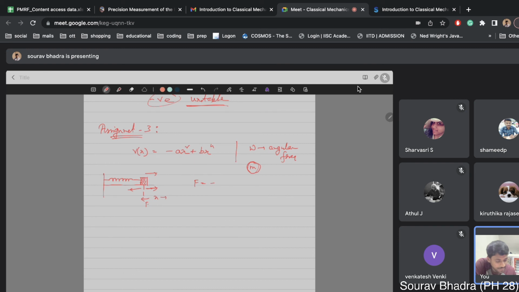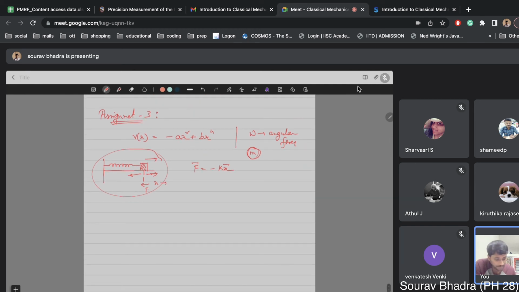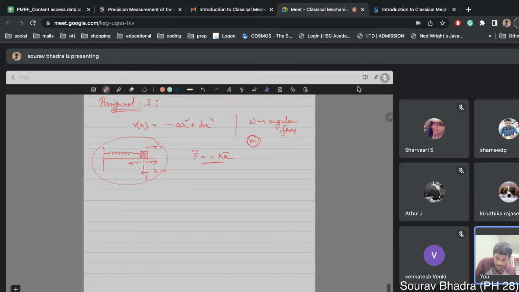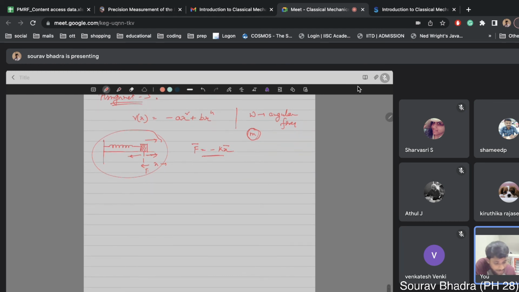So force is always written as minus kx, where k is the constant, in this particular example the spring constant. Okay, so this you should remember for small oscillation. Now very quickly I will go through, it is already almost 8. So V is given. Now if you do dV/dx, that is d/dx of (-a x² + b x⁴),